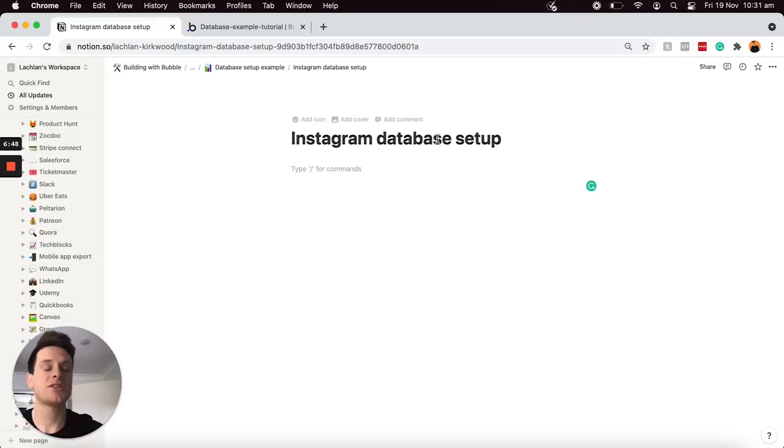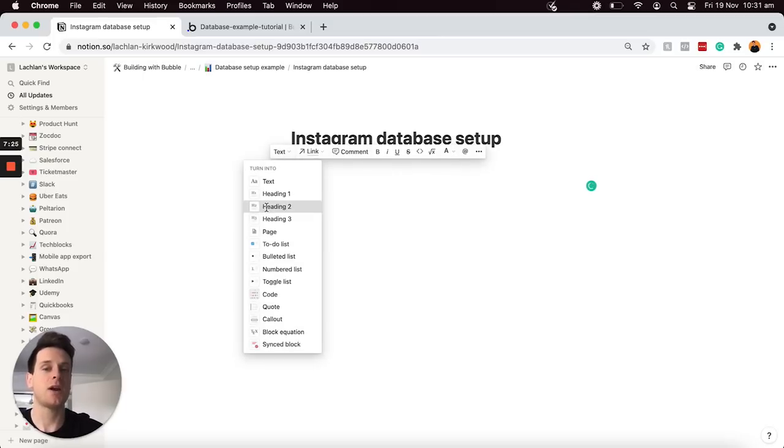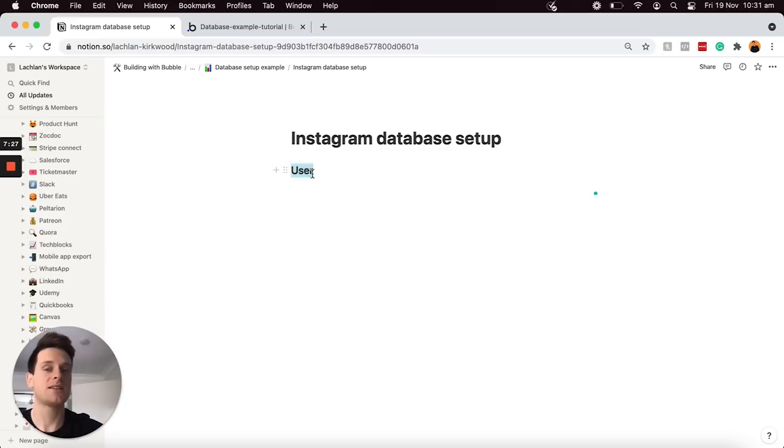The first thing I'd like to do is just map out all of the key things that users will be creating within an application, because as I mentioned, those will become our data types. And so within our Instagram clone, the first thing someone's probably going to create is an account. And so every time a new account is created, we'll be creating a new user. So I'm going to type in the word user. That's going to be our first data type. I might also just highlight this as an H2 heading, just so it stands out,